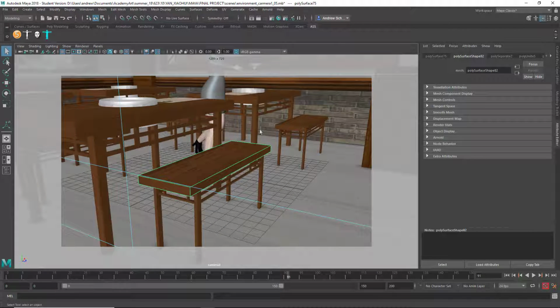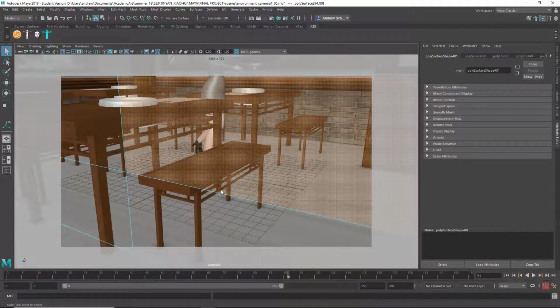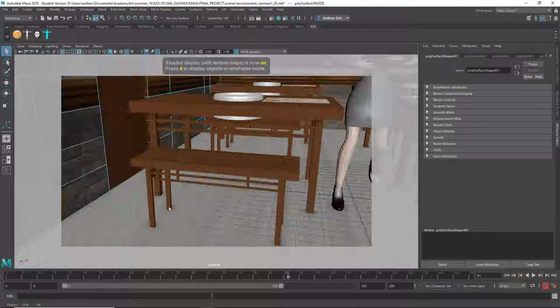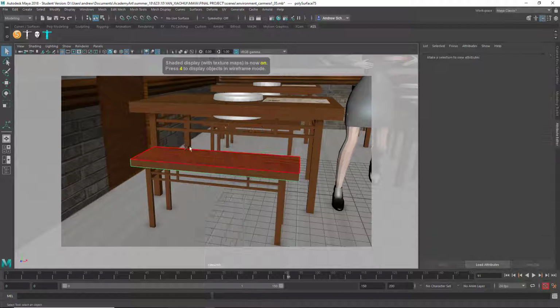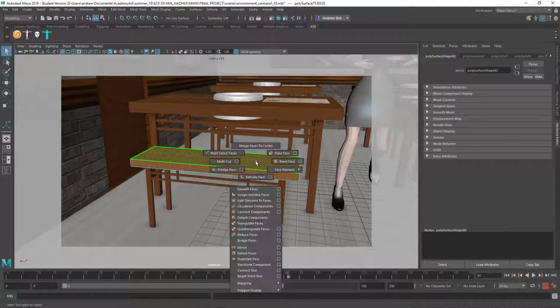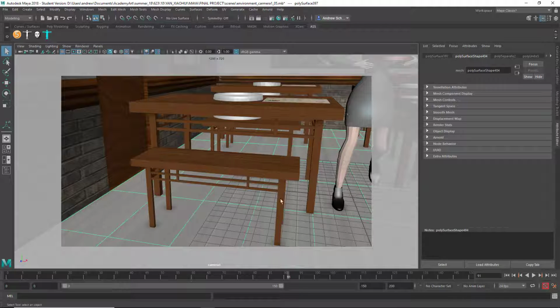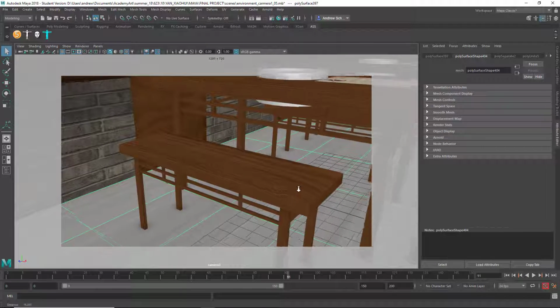Anyway, I'm sure we went over this quite a lot before in the previous modules, but just decrease this a lot. Maybe add a segment or something like that, and they'll look a little bit nicer with a little bevel